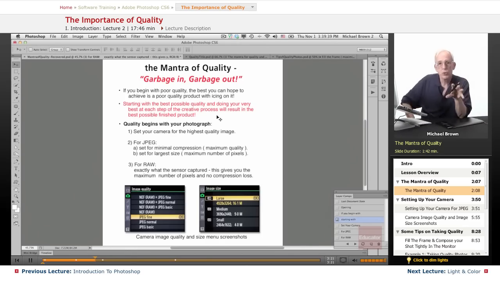When you do some retouch, certainly some pixels in that image will get a little muddied out or something, no matter how careful you are. So you want to minimize that so that the next step doesn't suffer from what you did. Garbage in, garbage out. The mantra of quality: always start with the best quality you can and give it your best all along the way to ensure that the finished product is the best you can get. I can't stress this mantra enough. All right,